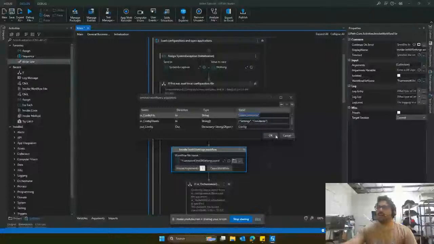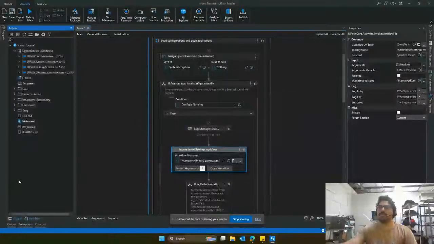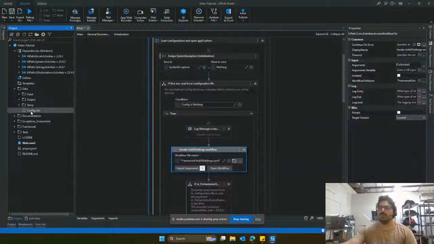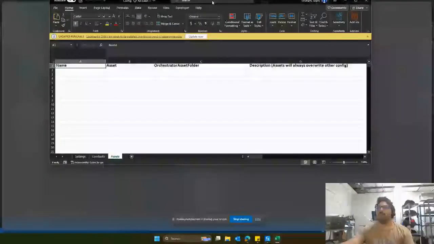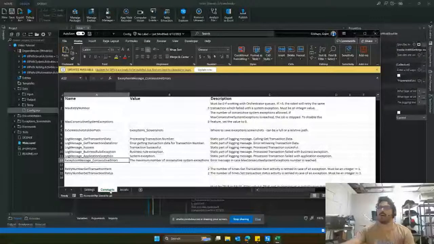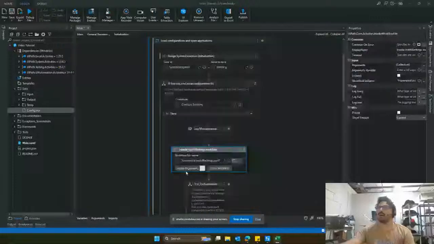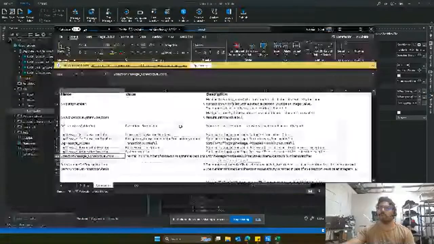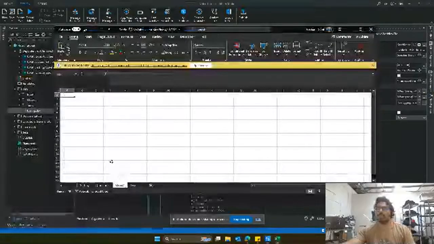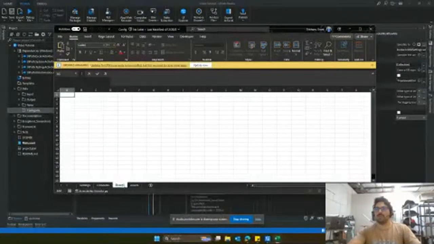Let's talk a bit about the in config file. This is a string, passed in like that. This is located in your data folder right here, your config.xlsx. Let's open that up and take a look at the config and get a little bit more in depth. You'll see here right off the bat, settings and constants are going to be listed here in sheets. If you have more sheets that you would like to add, I've seen this quite a few times,